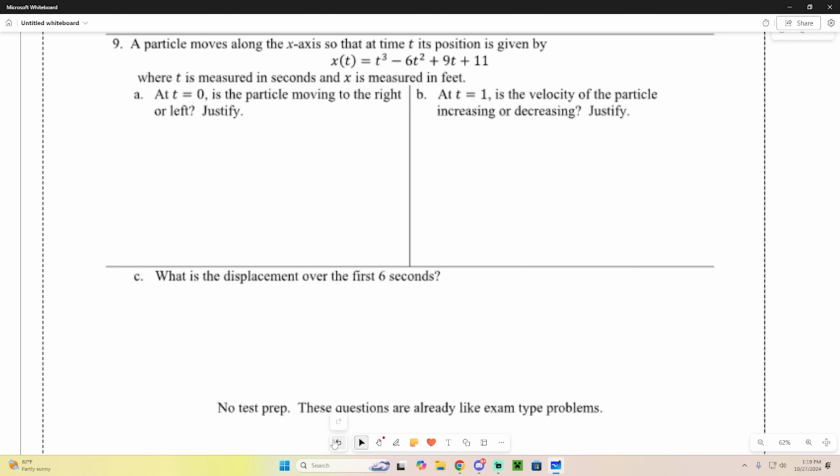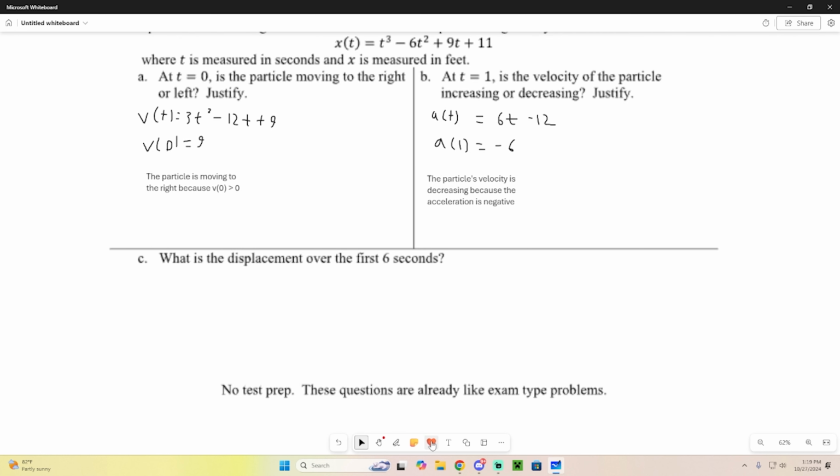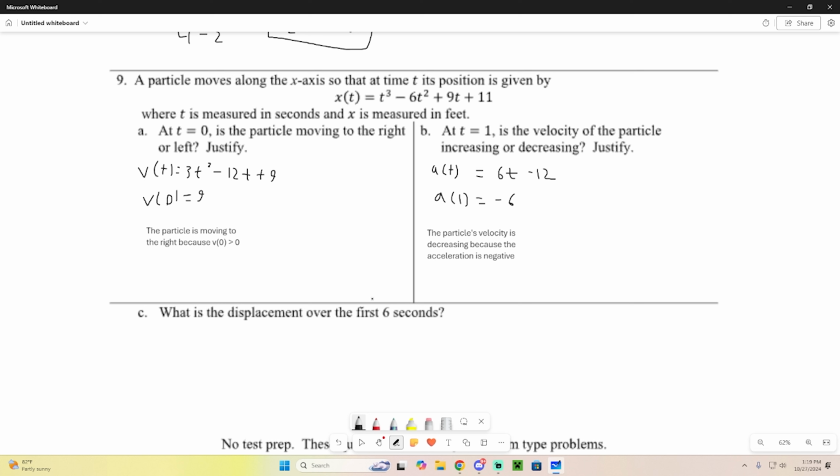Alright, last question. What's the displacement over the first 6 seconds? To find displacement, we just plug in 6 into here. We subtract when we plug in 0. So first let's find x of 6. x of 6 is going to be 6 cubed minus 6 times 6 squared plus 9 times